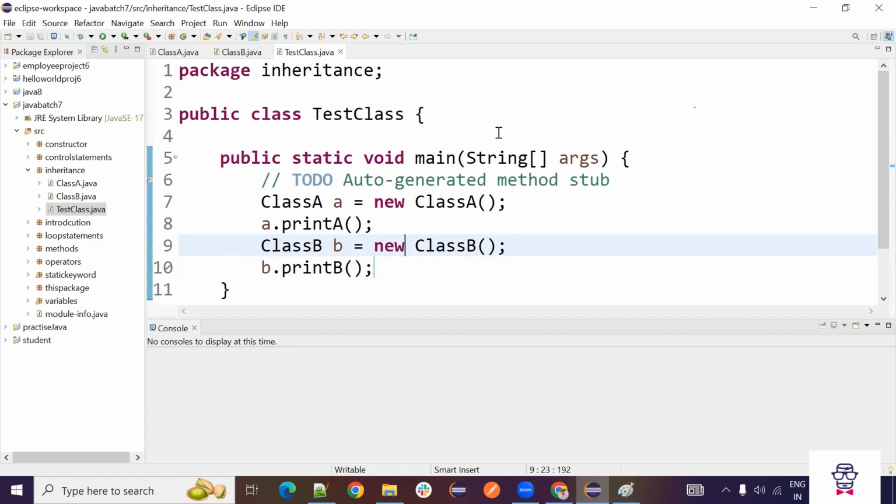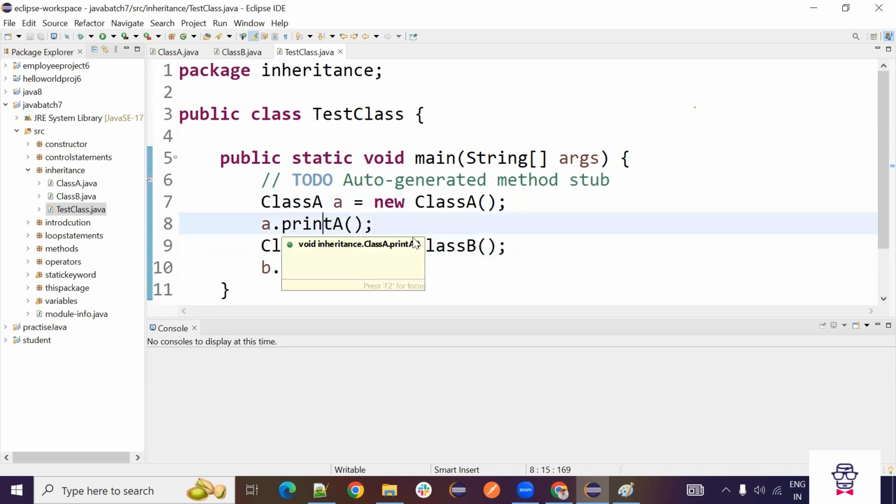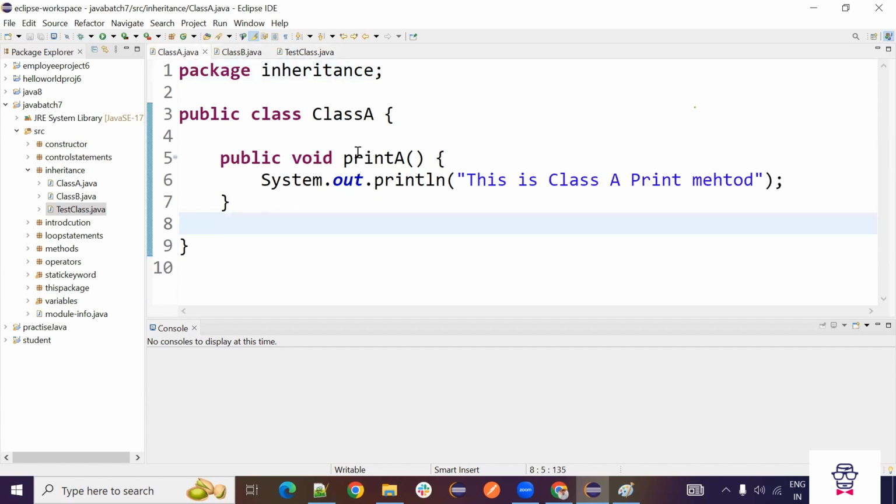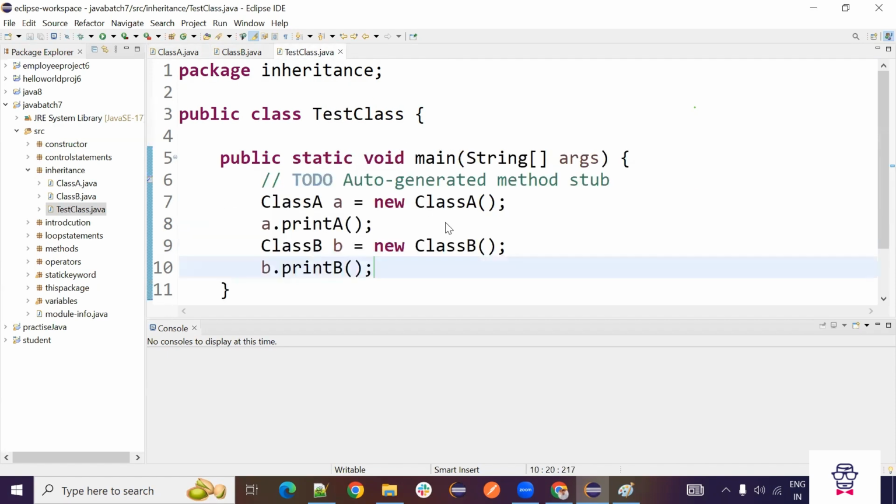There is no relation, so that's why I cannot use anything. Only if I create an object for class A, I can call print A. If I create an object for class B, I can call only print B because it has only one method. So I can call only that one method. Now if I run this,